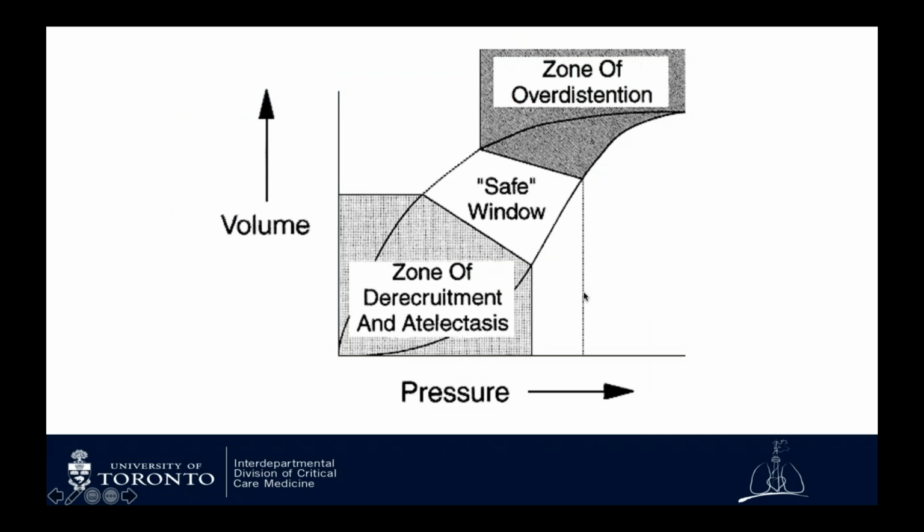I think it's important to keep this kind of schematic in your head when you're thinking about lung protective ventilation. This is the volume-pressure curve of the lung, inspiration and expiration, with a fair amount of hysteresis in this example. We want to avoid this zone of overdistension, which we know causes ventilator-induced lung injury. And setting the right PEEP helps us, as depicted here, largely avoid a zone of derecruitment and atelectasis, but the truth is these two things are tied together. The more derecruitment and atelectasis we have, the more the remaining lung is at risk of overdistension, because it's fewer alveoli having to accept whatever tidal volume you're giving.